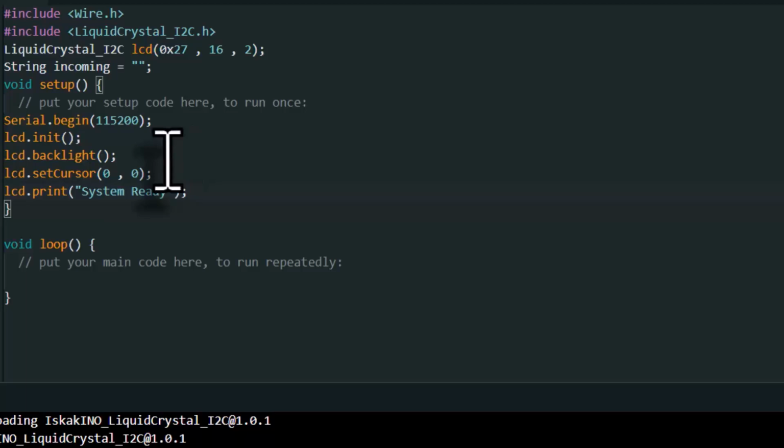Let's go to the loop function. We need to receive the serial data from the Python. In order to do that, this loop continuously checks if any serial data is available. So how can we do that? Let's use a while loop here. So I'm going to say, for example, while, let's go at the beginning. So while, I'm going to say